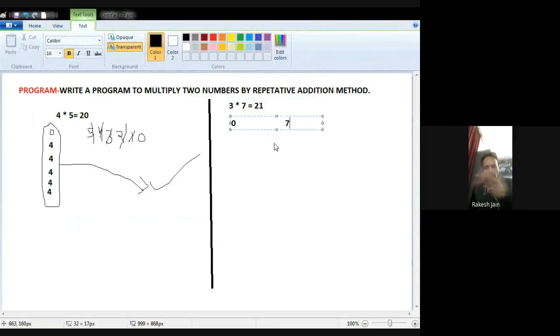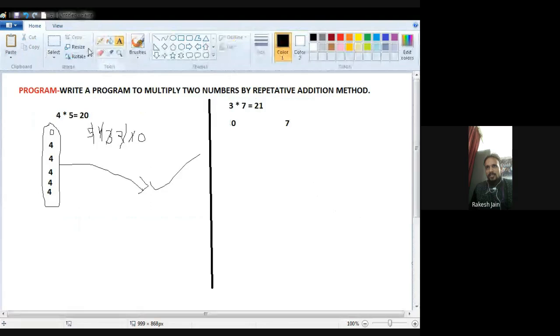First of all, use a value 0 in any register, and the next register will hold the second data value, and the second data value is 7. You can use 3 here also, then 7 will be added 3 times, otherwise you use 7 here and 3 will be added 7 times. Now each time add 3 to this 0. One time this 0 will be added with 3, because one time we do the addition, so just decrease. Now each time we have to decrement by 1.